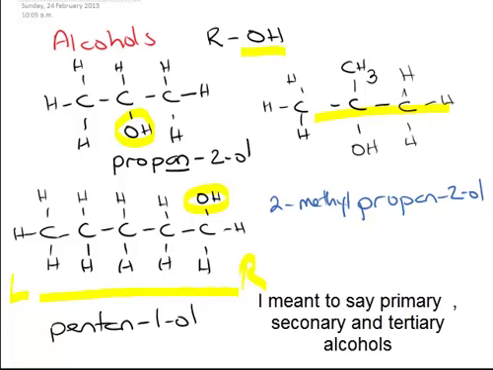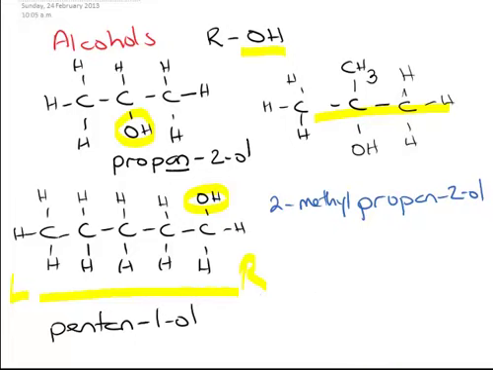Now you should be able to identify primary, secondary and tertiary carbons, remembering that the way this works is if you've got the carbon with the OH, this here, if that is attached to 1 carbon only, it's going to be primary. If it's got 2 carbons, it's going to be secondary. If it's 3, it's going to be tertiary. Okay, so when we look at this,